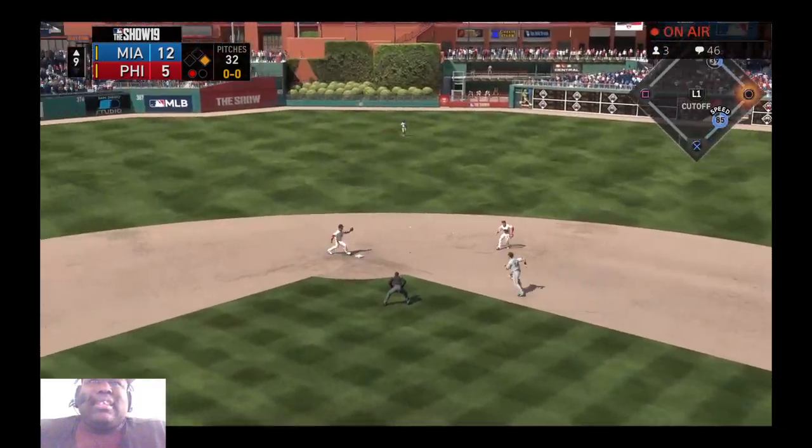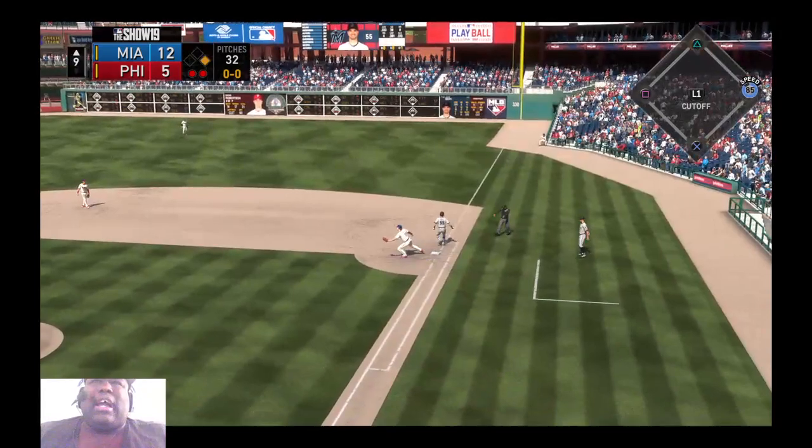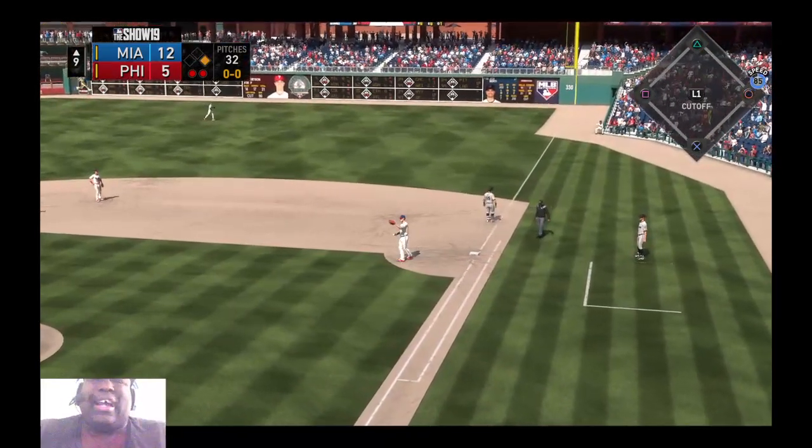Segura on to first, not in time as he just hits the bag